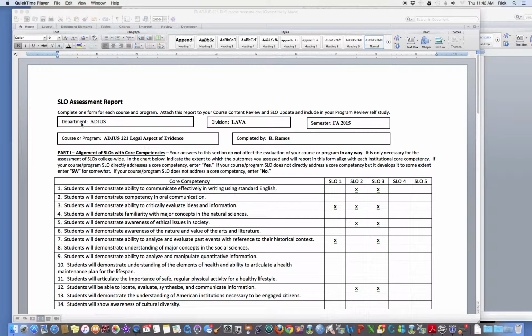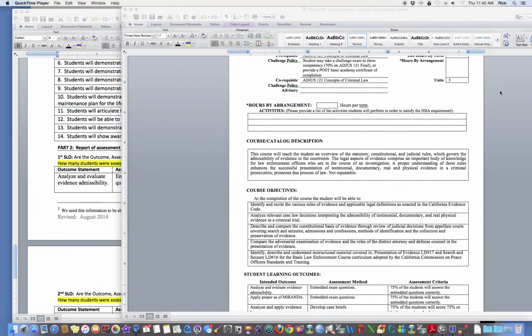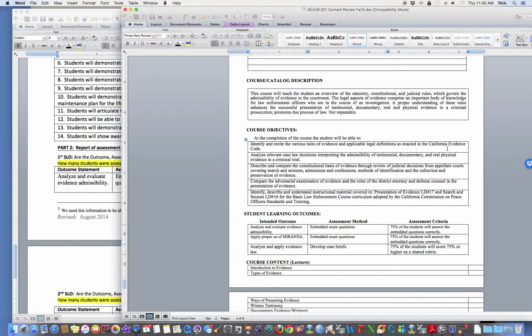So let's just look at this report real quick. This is the latest report. I've had to put in the department name. If you're an EMed instructor, you'd put in EMed here instead of Adjust. We're in the Lava division. Put the semester that you're doing the evaluation of that course. This is for Adjust 221. It's completed by me. So what I've done is I've taken from the course outline,